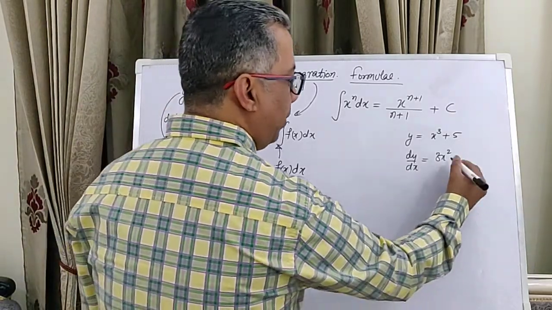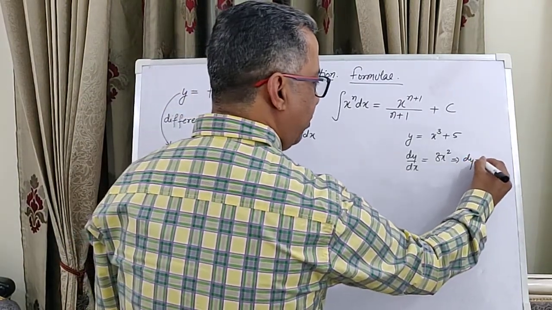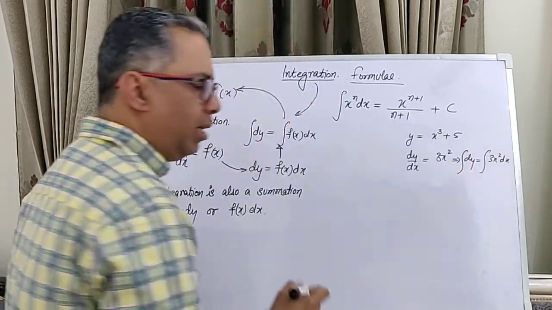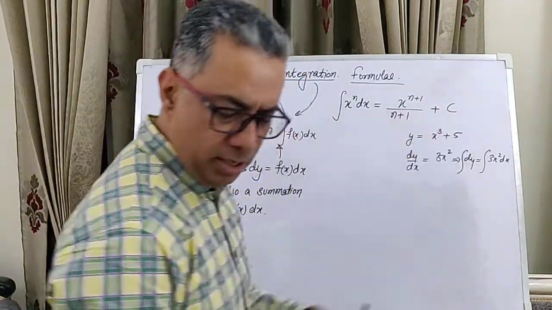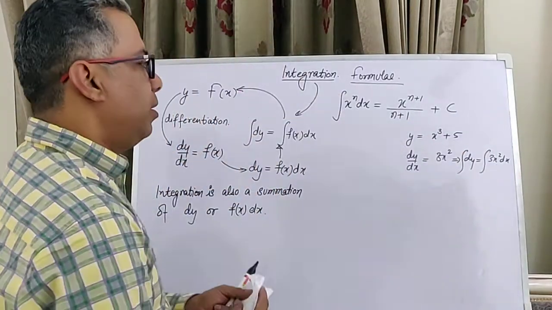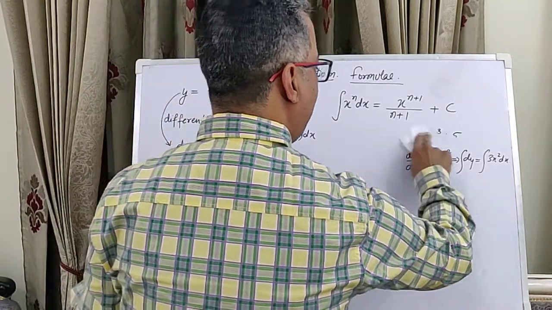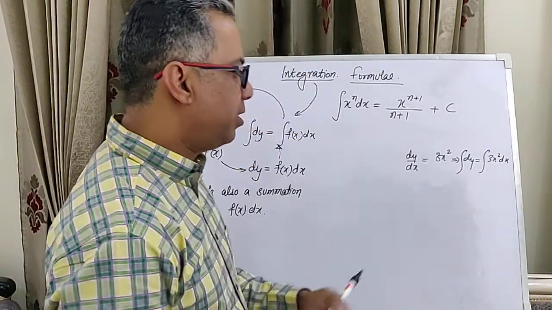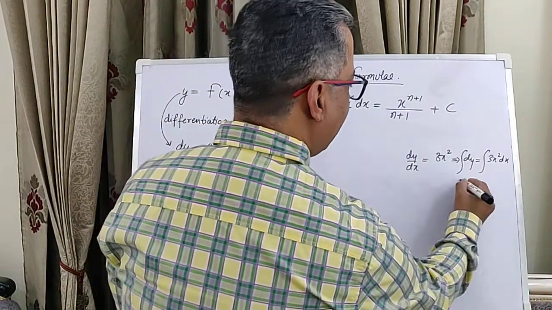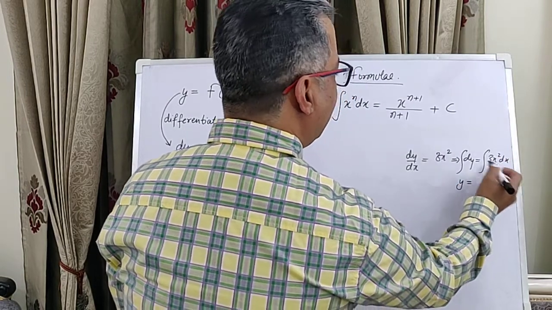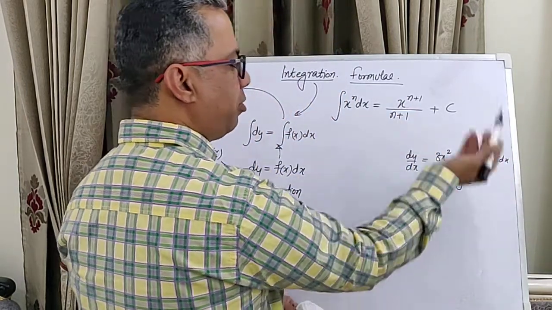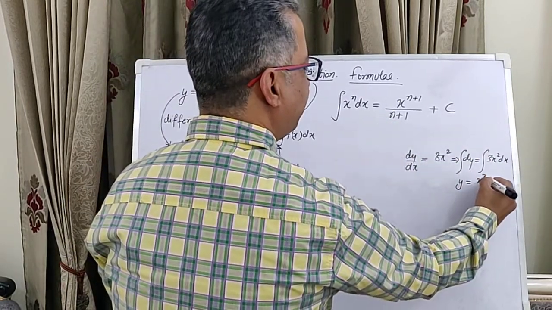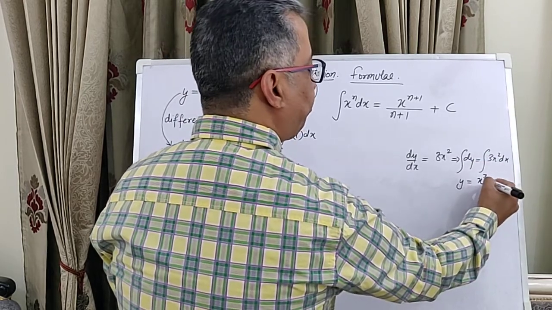Now when we integrate this, we have dy equal to 3x squared dx, and we are integrating this. Now we need to integrate because we've already forgotten what the original function was. So we now are not really aware of what the original function was. And since we are not aware of the original function, when we integrate, of course, if x cube was differentiated, we got 3x squared. So when we integrate, we get back to x cube plus,